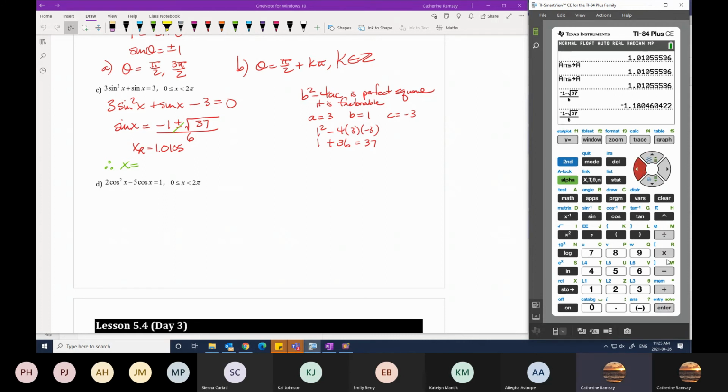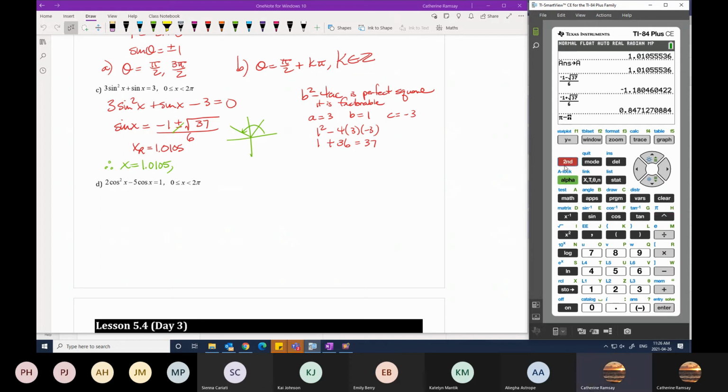Just to show you that the trig ratio was positive, 0.847. So sine is positive in the first quadrant and the second quadrant. That means one of my answers is going to be the reference angle, which is 1.0105. And then how do I find the second quadrant answer? That would be pi